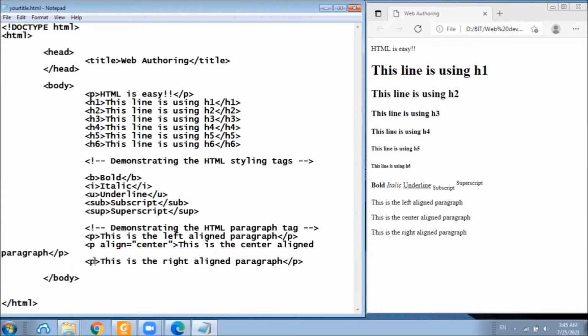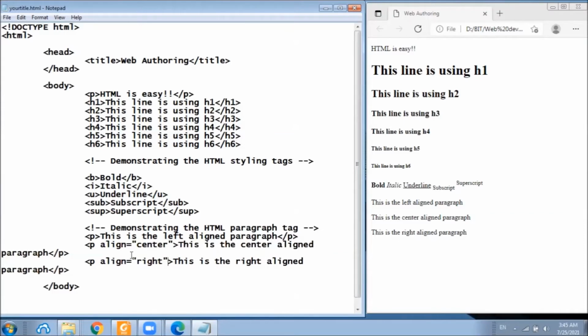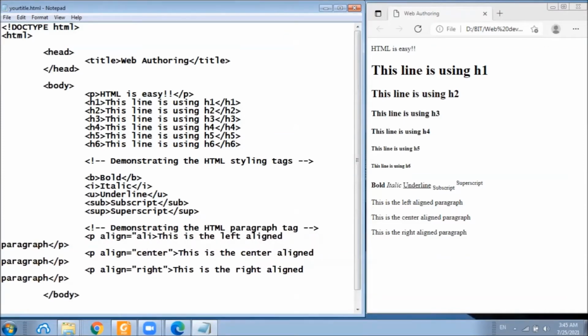Similarly, we can specify the right align attribute to the last paragraph, and to be specific, we shall also specify the left align attribute to the first paragraph as well.